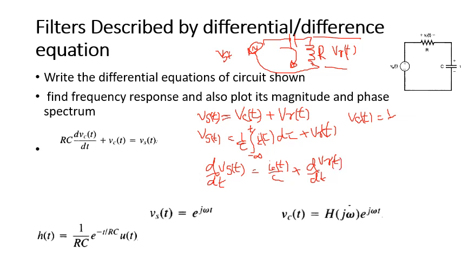Because ICT, that is the current flowing through the capacitor, is basically equal to